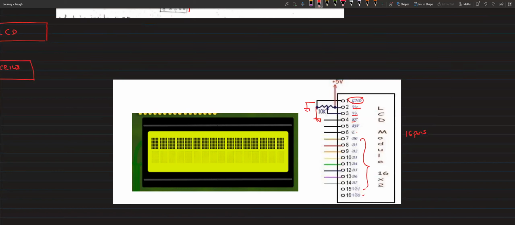and the V0, right? That is what we call contrast control. In a sense, it may look very dark now, so you can change the contrast of it. Like in a usual LCD, you will have the option to control that. Same way here also we have the option. And coming to this